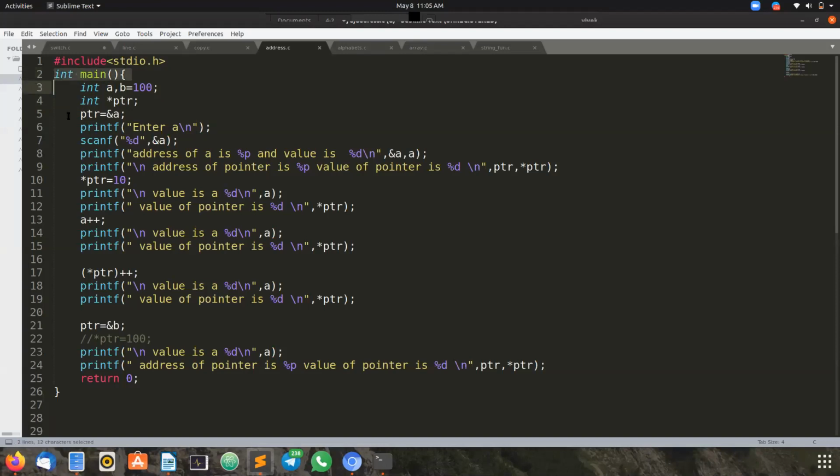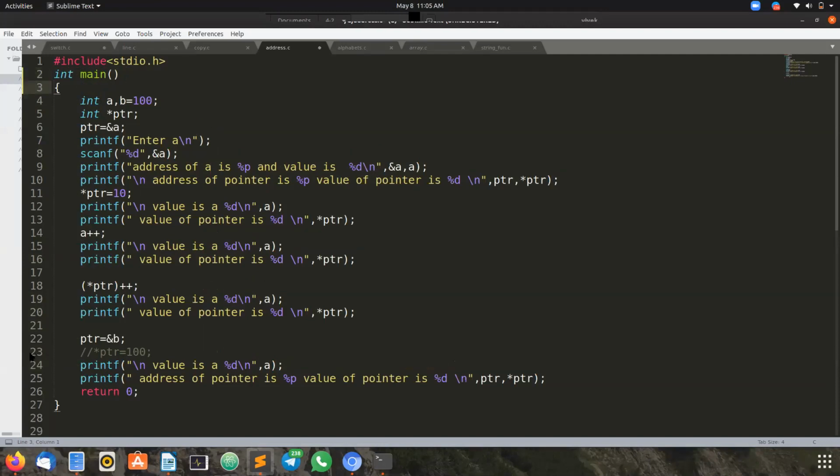Here we have only a single function, that is main. So the scope of these variables, which are a, b, and pointer, is within the main function. We have opened the curly brace here and it is closed here. Within this block, it can be accessed. That is called a scope. Are you clear with that concept?